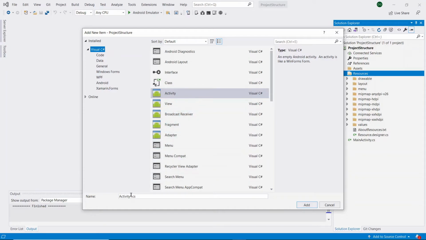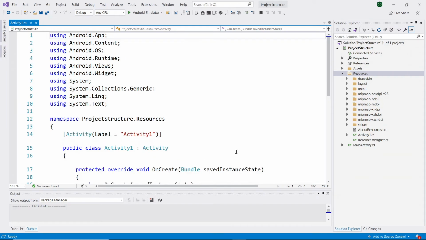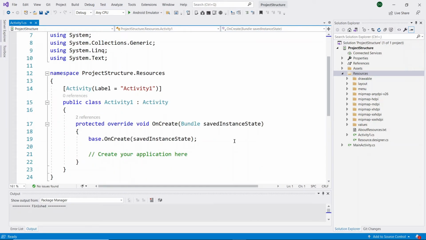Select the Activity C# class, give your activity name and click on add, and our activity will be created. Here you can see that if you select the Activity C# class, without writing additional code our class is automatically inherited from the Activity base class, and the activity attribute is also added by default. So this is the process of creating an activity.